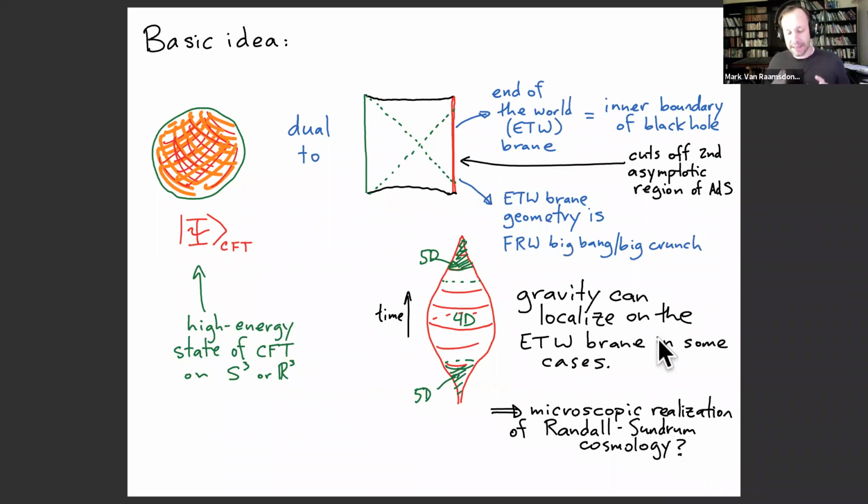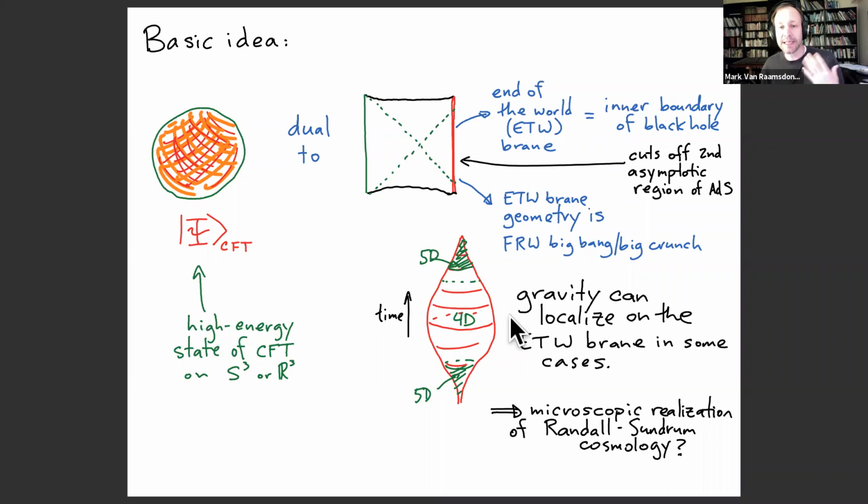This is the idea that in certain situations, when you have a brane, then you can have gravity localized on that brane. In the context of asymptotically AdS geometries, it's known that if you have a brane that cuts off the UV of an asymptotically AdS spacetime, then some mode of the bulk 5D graviton actually localizes on the brane. Over some range of distance scales, you would actually see 4-dimensional physics if you were, say, an observer living on the brane performing some experiments.